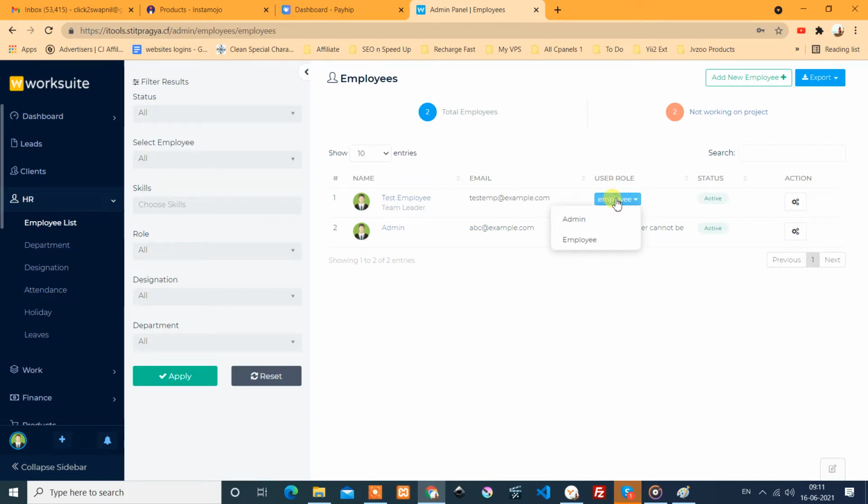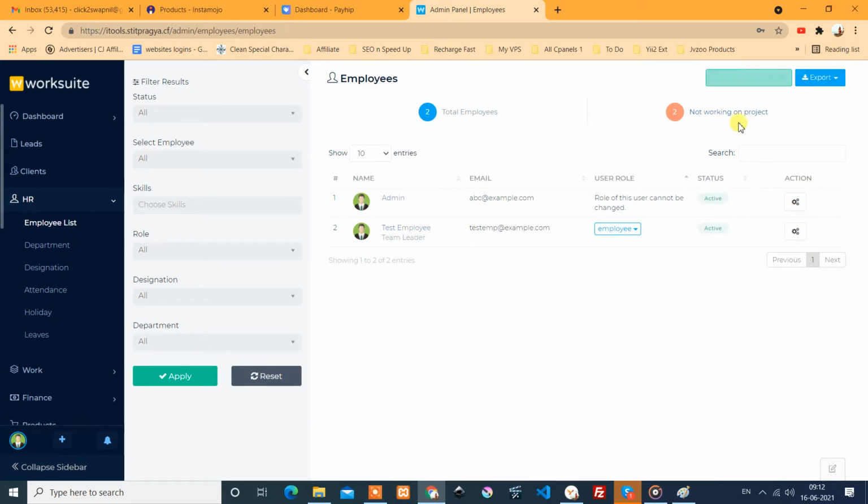Currently, okay, user role wise it gets sorted. So you can change it, but we have only two employees, so I just keep it as an employee only.